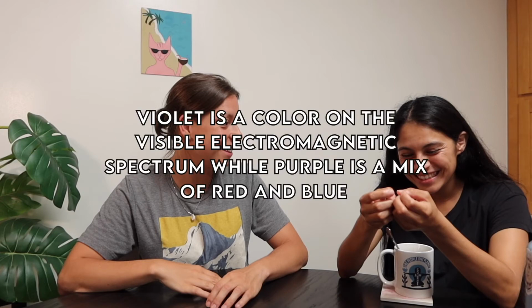Fun fact, you're always going to see violet at the bottom of a rainbow. Is that right? Let me look it up real quick. Alexis usually knows everything. Violet's always going to be on the bottom of a rainbow. Is it not purple? I think it's technically violet. Violet? Sounds like a fancy word for purple. And red is always going to be on the top,